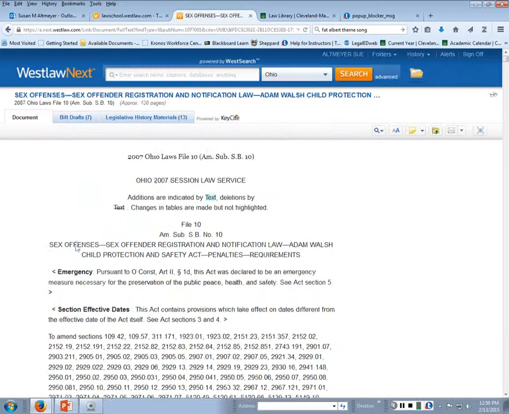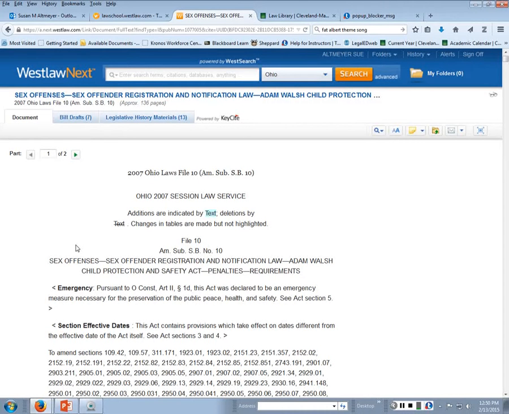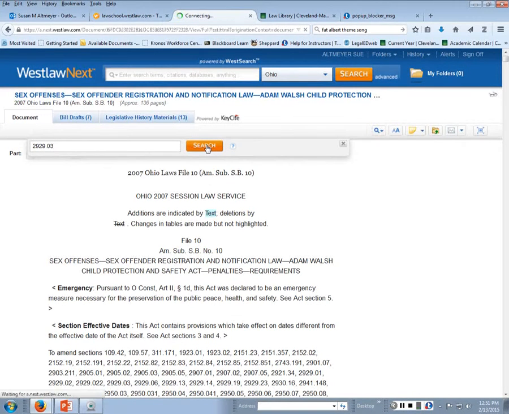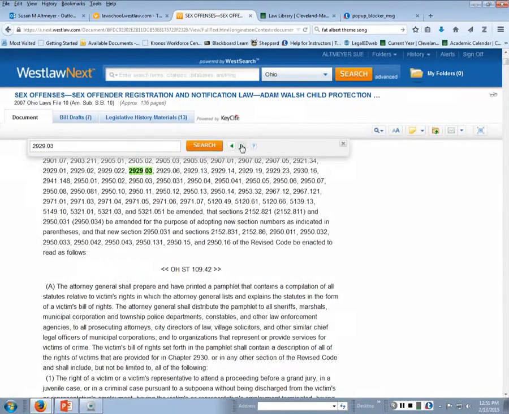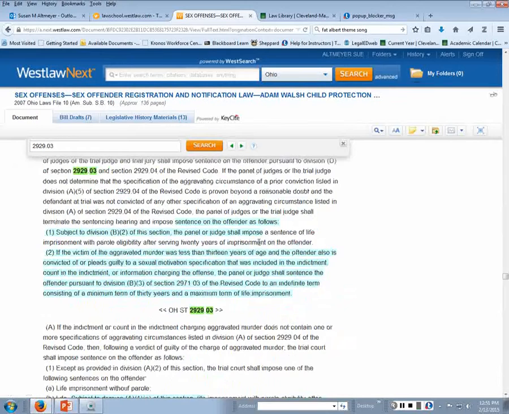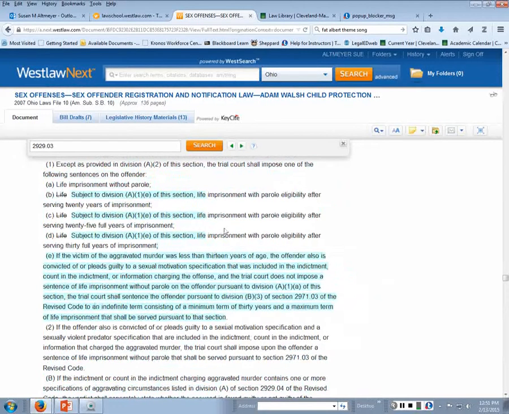I could also try searching a database of acts on Lexis, Westlaw, or Hannah Capital Connection, but I could do it this way too, particularly if there's not too many to click on. So from here, what I need to do is I need to go to 2929.03, run my search, because I want just changes made to that particular Ohio Revised Code section. And here I am, and I take a look at this, and this is not what the changes that I'm looking for. So I go back,